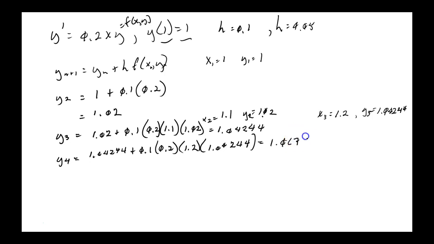1.06745856. Now that's way too many digits. I'm not going to carry that many always, but I'll write them down this time. So our y sub 5 is going to be that number, 1.06745856, plus 0.1 from our step size, 0.2 from the problem, and our x, x sub 4, is equal to